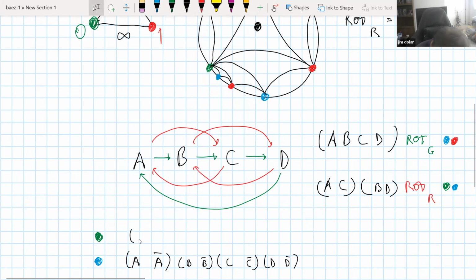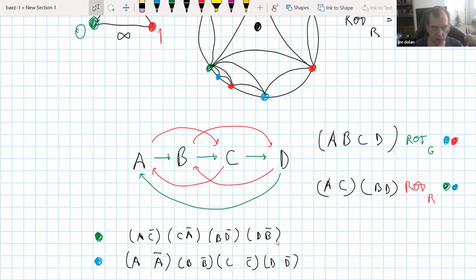I think it's going to be, you know, A goes to C, except then C goes to C bar. And perhaps I should right away put in the other way around too, that C goes to A, but it's really A bar. And B goes to D bar, and D goes to B bar. So I hope those are the correct cycle notations